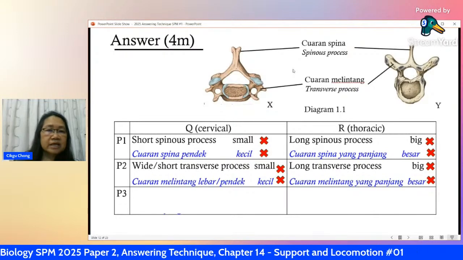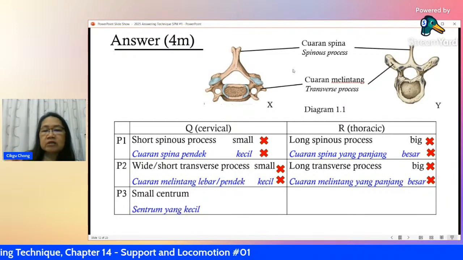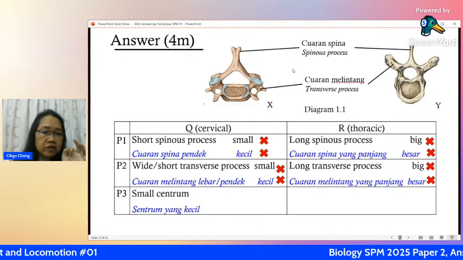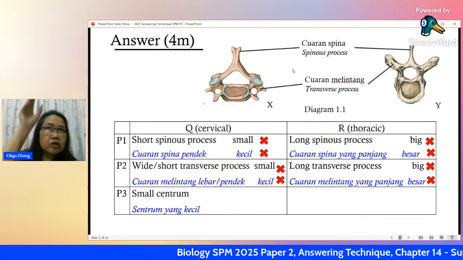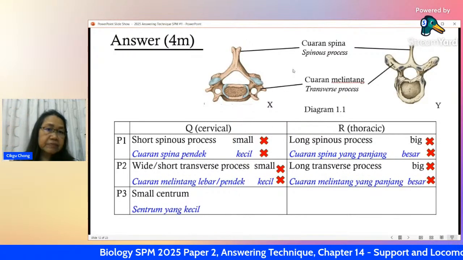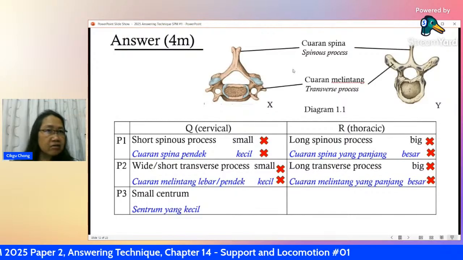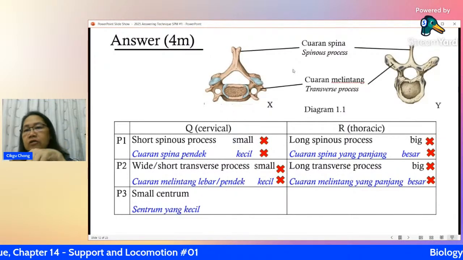Right. Next, talk about the centrum. This one you can talk about the size, because centrum is either big or small. Okay, for the cervical vertebrae, it is small. It's the smallest out of your 33 bones there. Your cervical has a smaller centrum, with the atlas having barely any centrum at all. The atlas is the first one. Okay, and then for the thoracic,